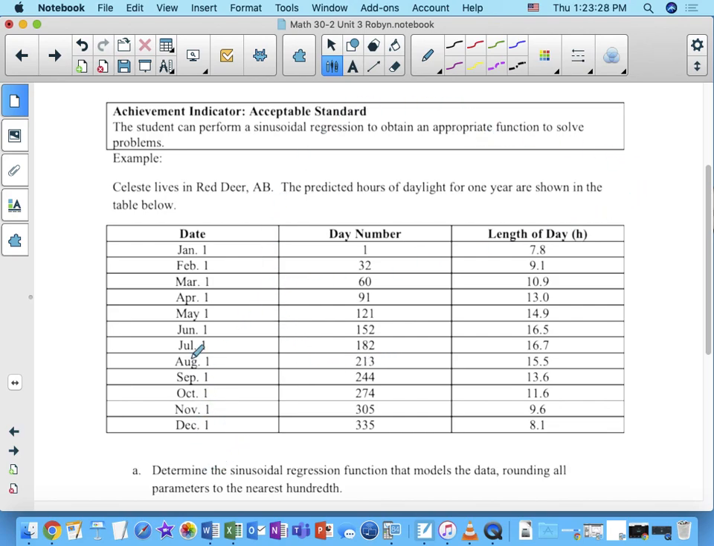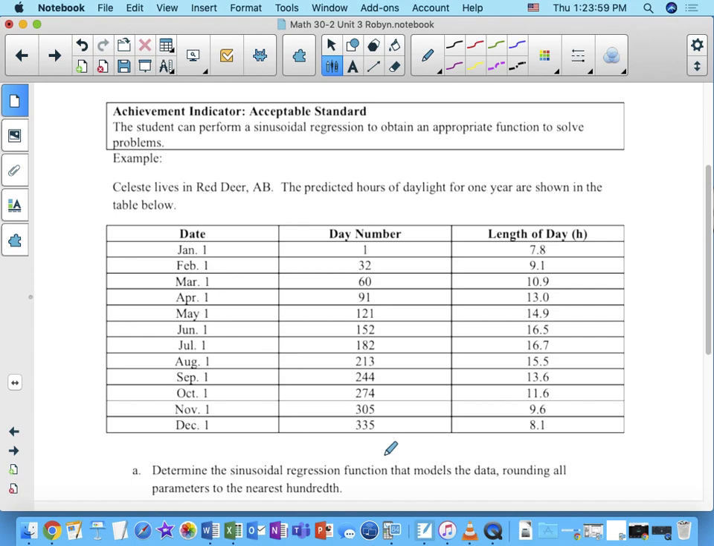Okay, and then we also have the day number. So this is the day number in the year. So January 1st is day 1. Why would February 1st be day 32? Yeah, because January 31st is day 31, and the day after, which is February 1st, is day 32,